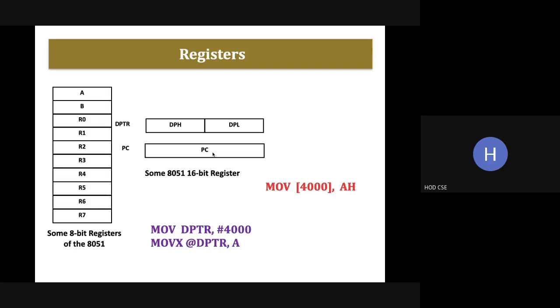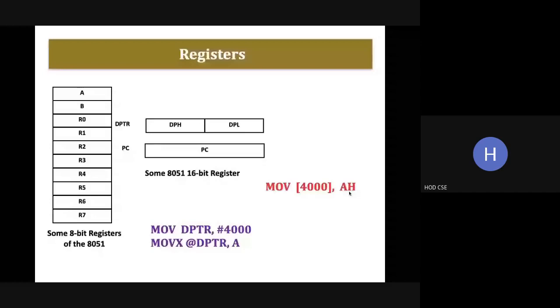Now let's see what the use of this DPTR register is. As I said earlier, the DPTR register is used to access the external memory. In the microprocessor, I hope you remember, we have an instruction MOV [4000], AH.